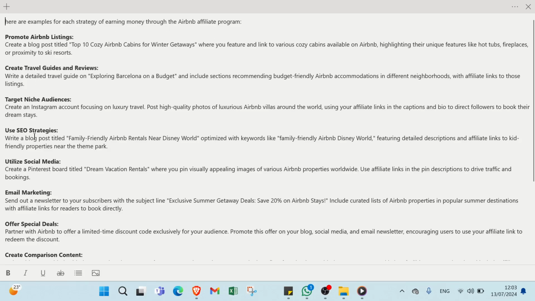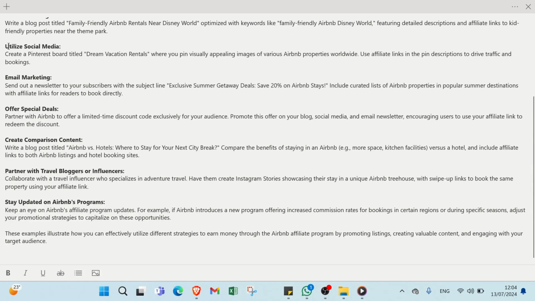Moreover, we have use SEO strategies. Write a blog post titled Family Friendly Airbnb Rentals Near Disney World, optimized with keywords like family friendly Airbnb Disney World, featuring detailed descriptions and affiliate links to kid friendly properties near the theme park.